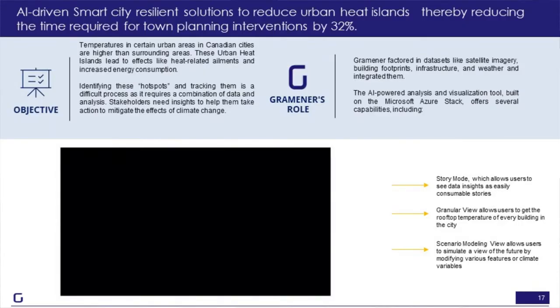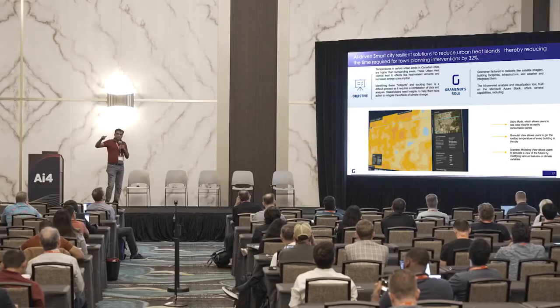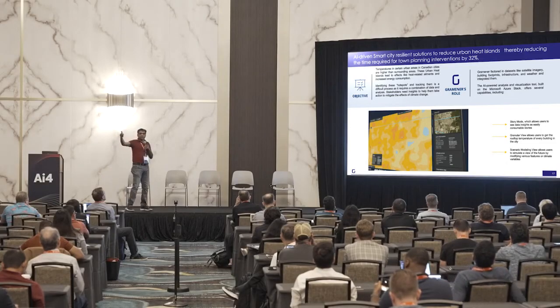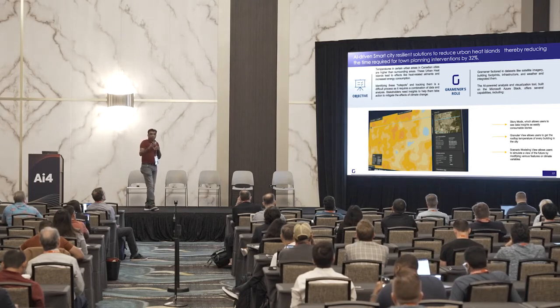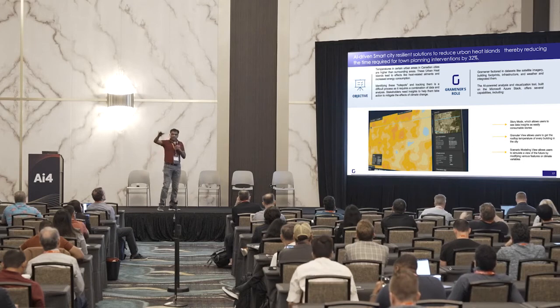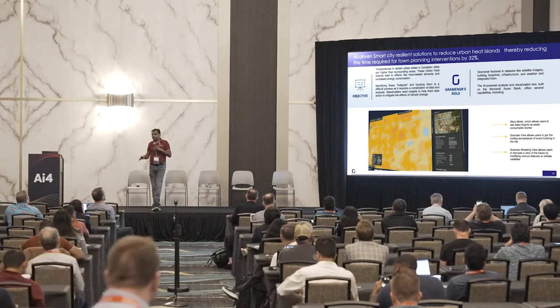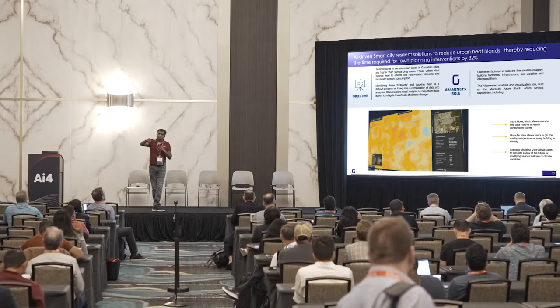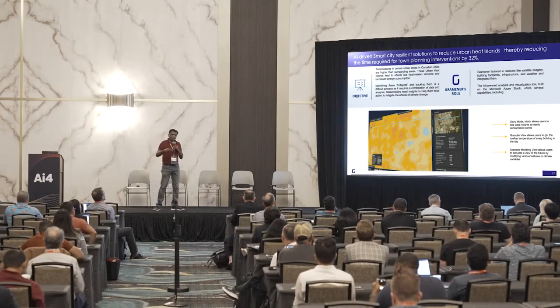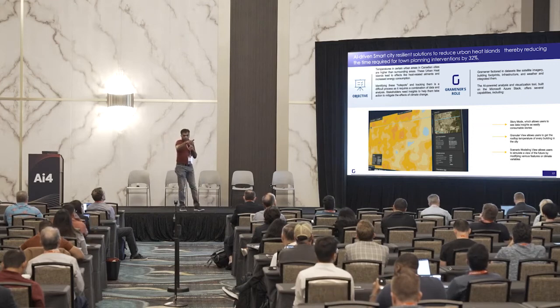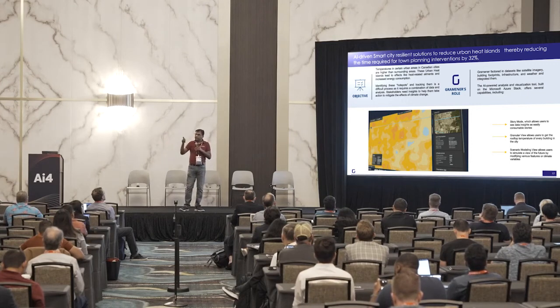Likewise, on the sustainability side, we are working with Calgary, one of the Canadian municipalities, on how to reduce urban heat islands. In Canadian cities, the temperature is increasing almost 2 degrees every decade. That's huge, the global warming that's happening. So we are trying to take the entire satellite imagery and put a solution to it: how can I make sure that there are interventions happening at each place that the city planning can do? If this particular 1 by 1 square block is emanating a good amount of heat, can I do some interventions? So this is a solution given to them.